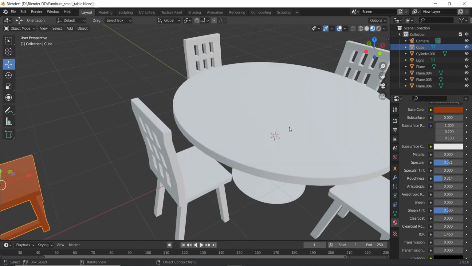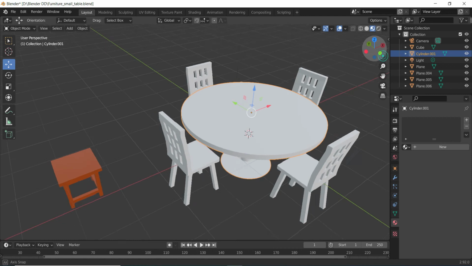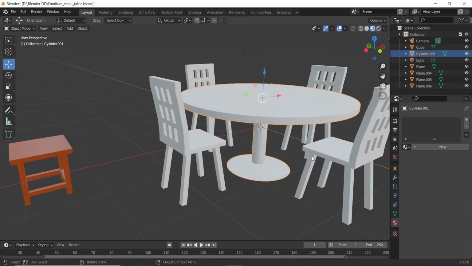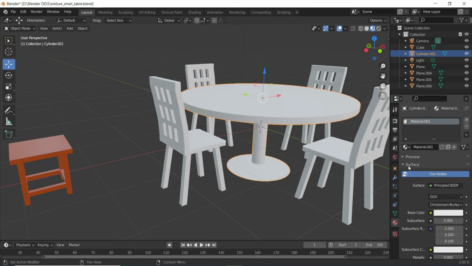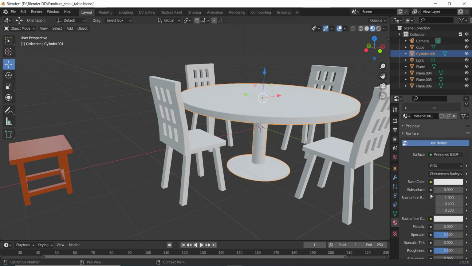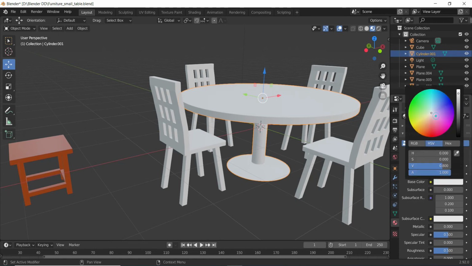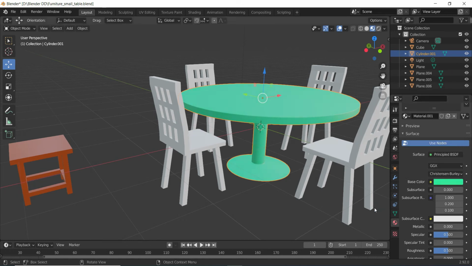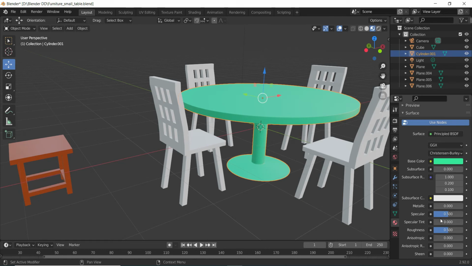Now let's come to this center table, and on this I will click to create a new material, and we will do the same thing here as well. Base color, I will choose a color, let's say around this sort of color tone, and on this I'll reduce the specular, and increase the roughness slightly.